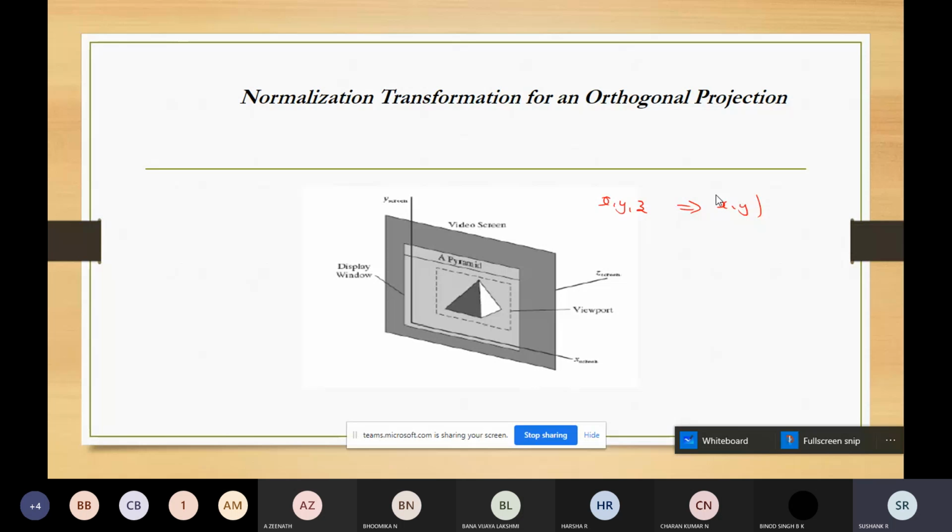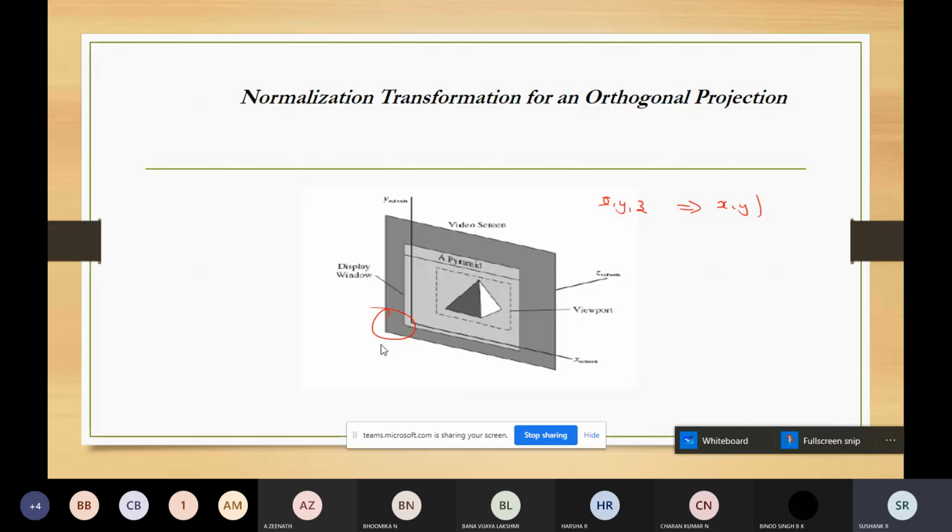Why is this done? You can see the image. In this image, the screen coordinates are often specified in the left hand reference system. So the normalized coordinates will also be specified in the left hand coordinate system only. Why? Because this will allow the positive distances in the viewing direction to be directly interpreted as the distance from the screen. If it is +5, it means it is 5 units away from the screen.